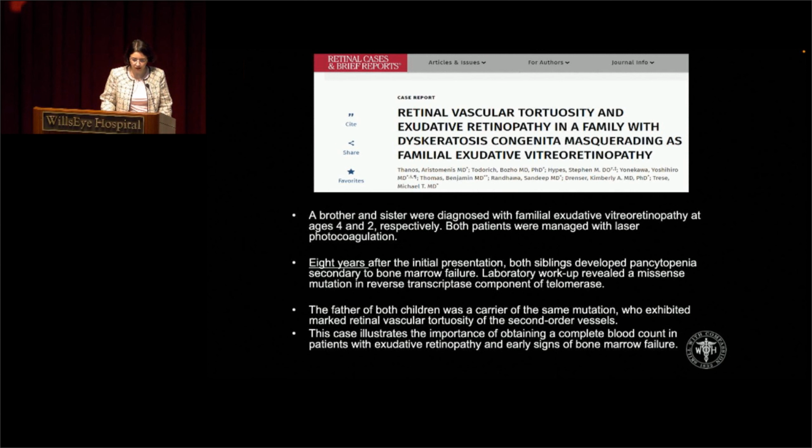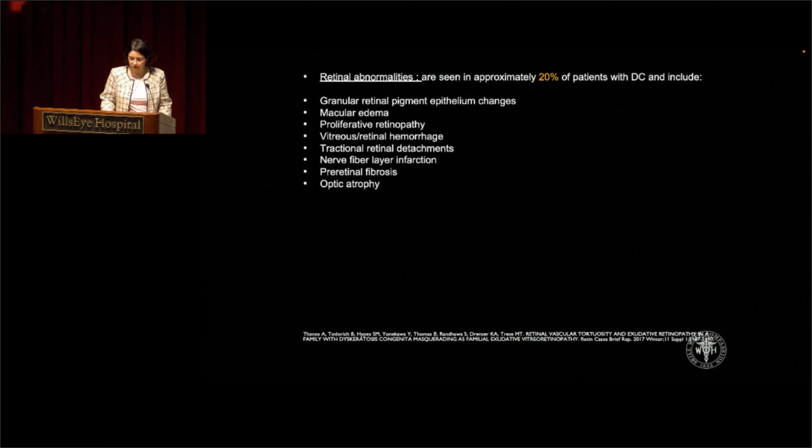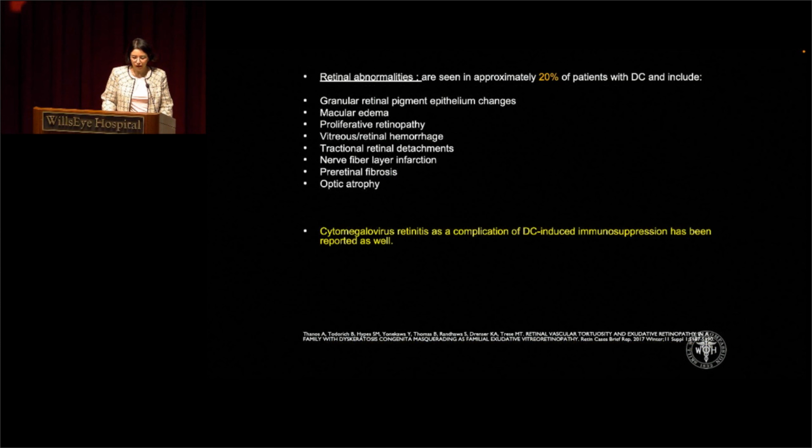So it shows that it's really important to obtain a complete blood count from all those patients that are presenting with these symptoms. So retinal abnormalities are usually seen in only 20% of the cases. It can be just granular RPE change, macular edema, as was shown, proliferative vitreoretinopathy, only hemorrhage, TRD, nerve fiber layer infarction, pararetinal fibrosis, or optic atrophy. So it's really important. If you see CMV retinitis, it can be caused by immunosuppression from the